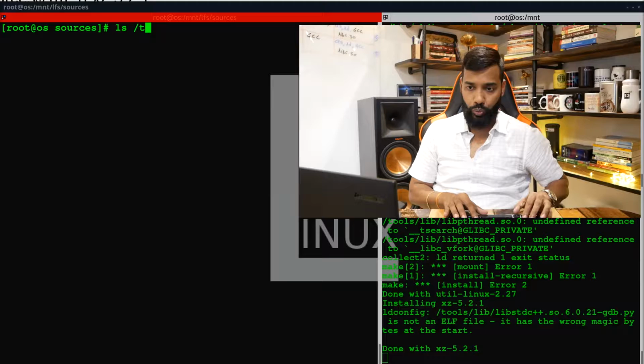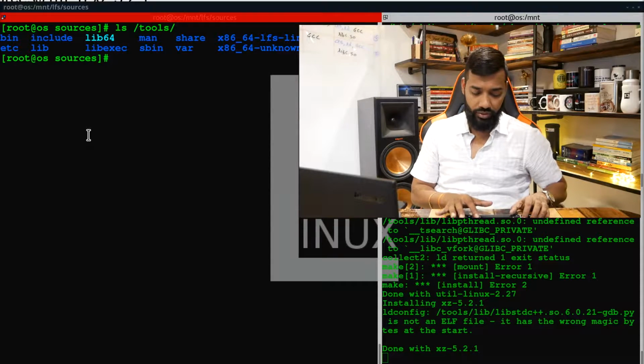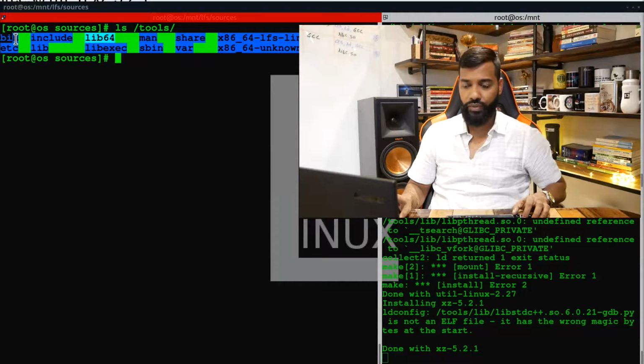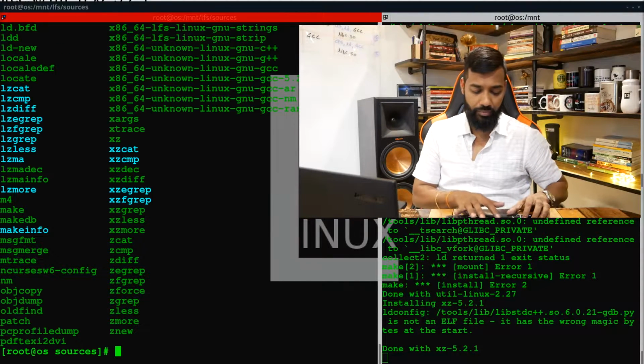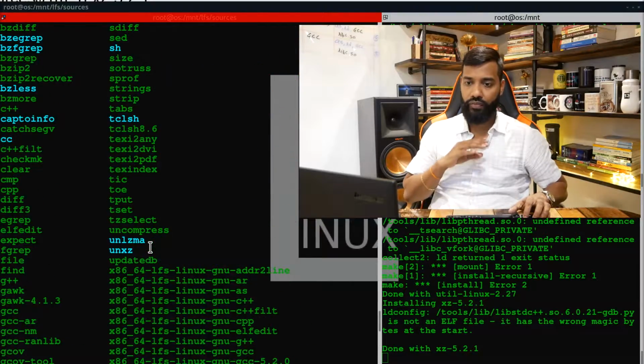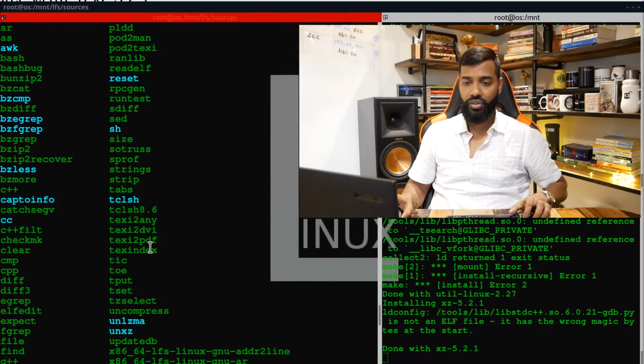So let me show you the tools directory. Inside tools we have the entire tree almost ready, which is bin, etc, include, lib, man, sbin, share, var. Almost everything is ready. So if I go inside my tools bin, you will find all the binaries we have